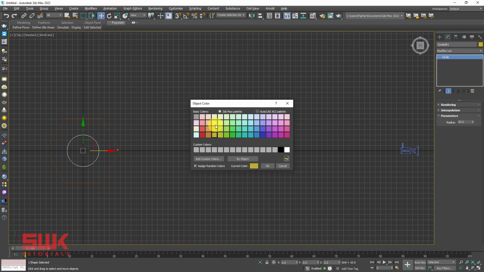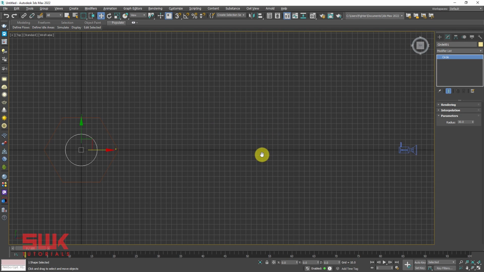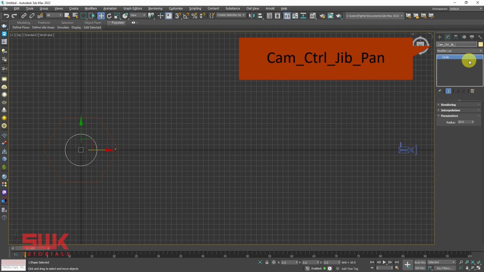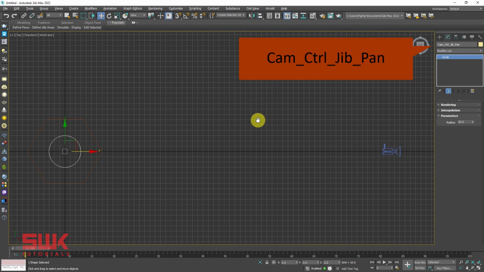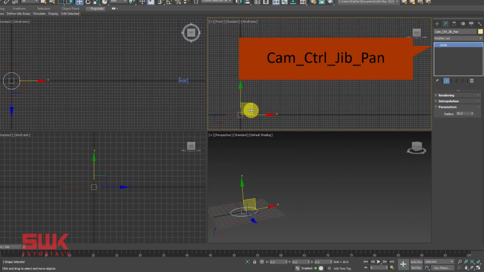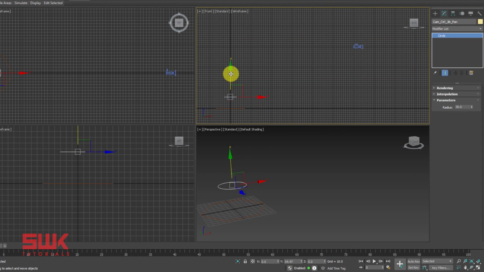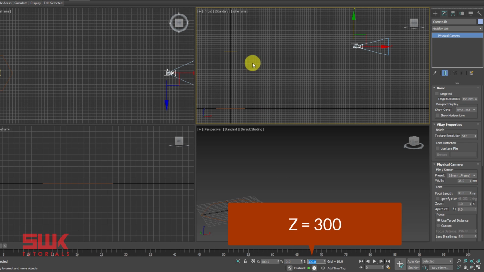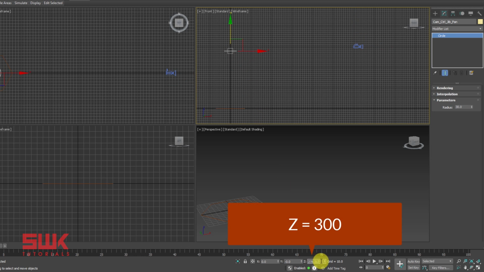I am going to make it something like yellow. And rename it to Cam Control Chip Pan because it will handle the panning of the chip. Now move the controller up to the same height of your camera. If my camera is right now 300, so I will make this control also 300.